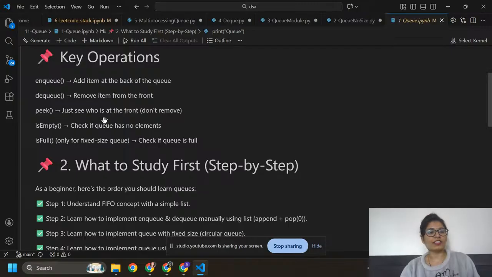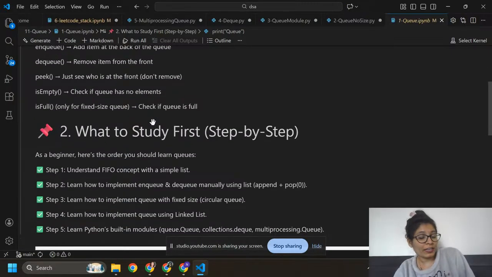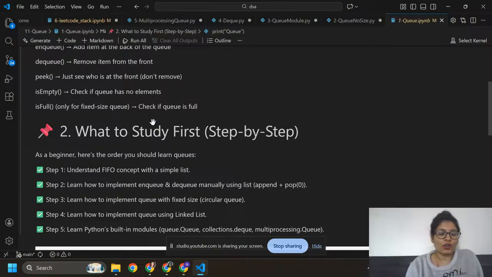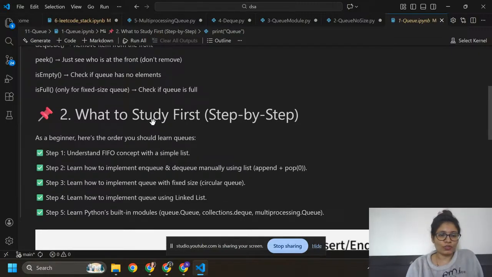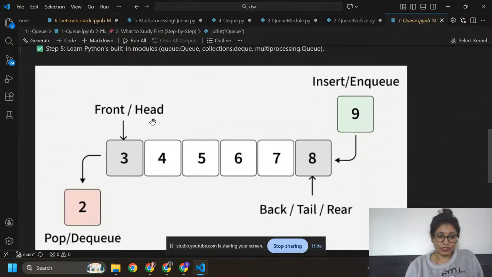Peek means just see who is at the front, so we can't remove it, but we just show who is in the front. Is empty means check if the queue has no elements. Is full means check if the queue is full. This is used only for a fixed size queue. So here you can see